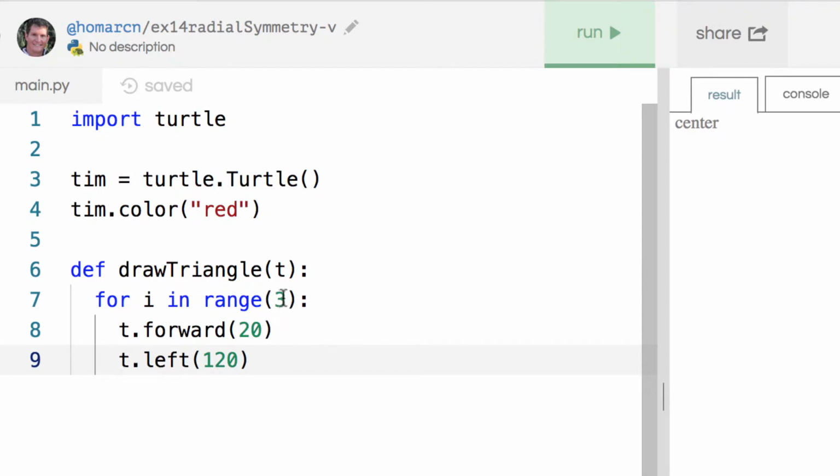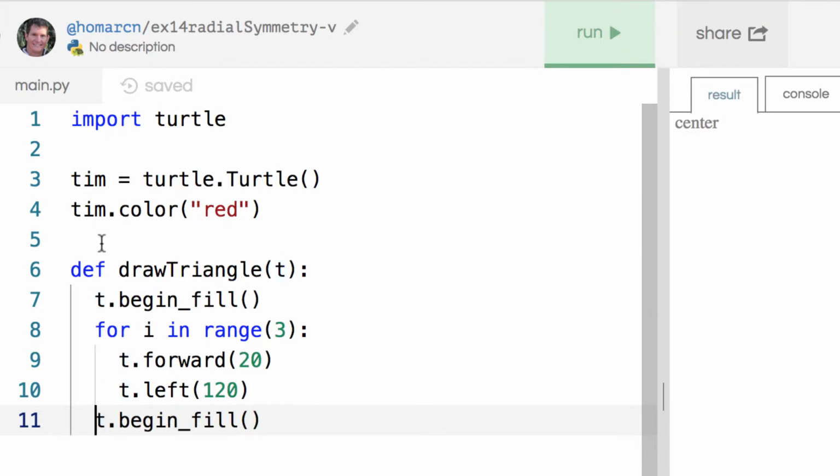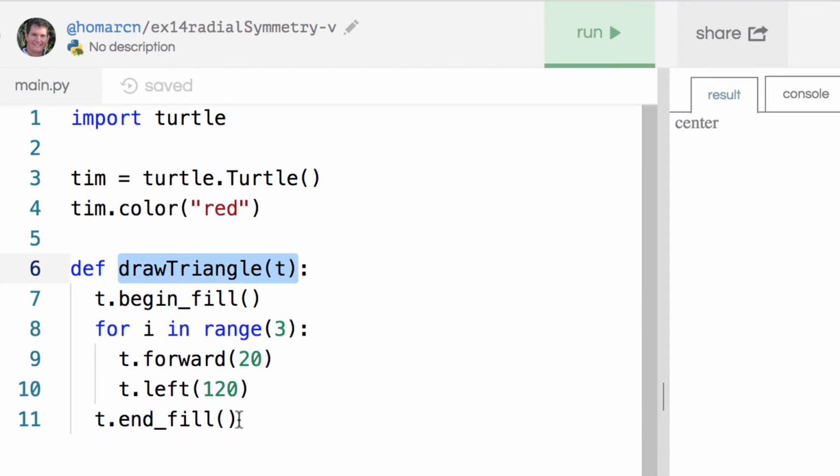Now we're not using any variables yet. We're not randomizing anything. We're just using absolute numbers. Also, we have a color here, but we didn't do a begin fill or an end fill. So let's do a t.begin_fill, and then finish it off with a t.end_fill and move it back to the indented part of the function but outside of the for loop, and make sure this says end. If we want to run it, we're going to have to call it, so let's move it down here,